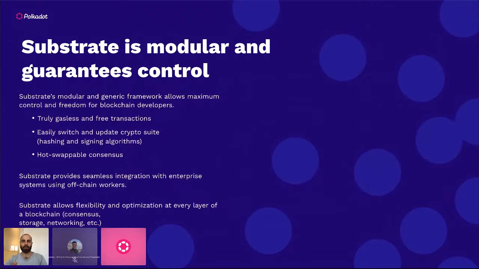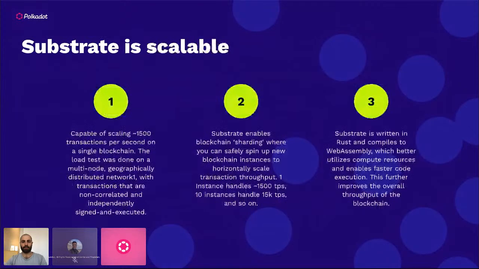It has a bunch of benefits for longevity. If new paradigms arise in the consensus world and you have a Substrate-based chain, your consensus mechanism is comprised of a few modular pieces that you can plug in and out. So if there is, let's say, a better finality mechanism that comes out, this architecture makes it really easy for you to be future-proof in the way that you develop your blockchain. So it's like a whole new paradigm of developing blockchains. It's extremely scalable.